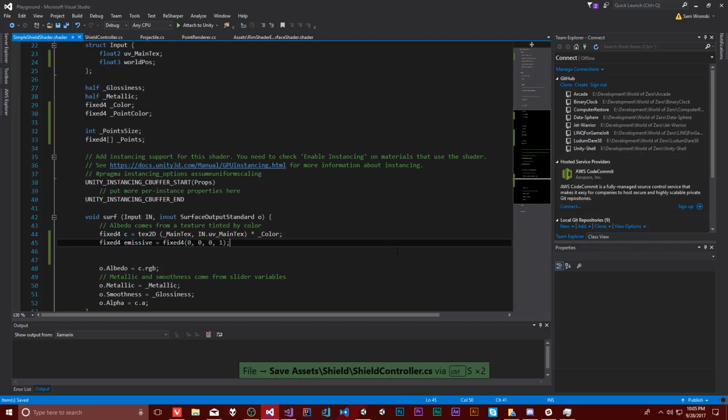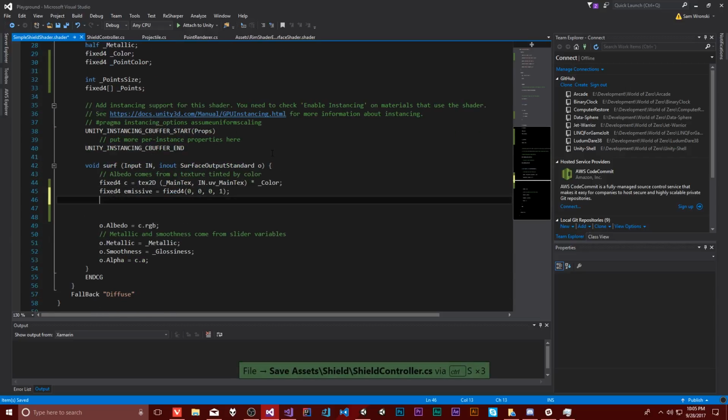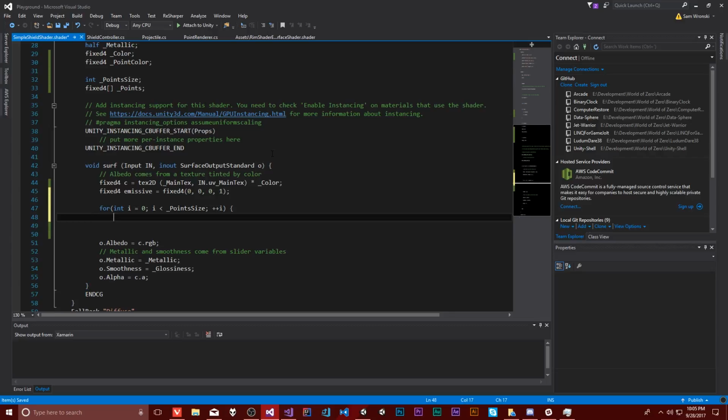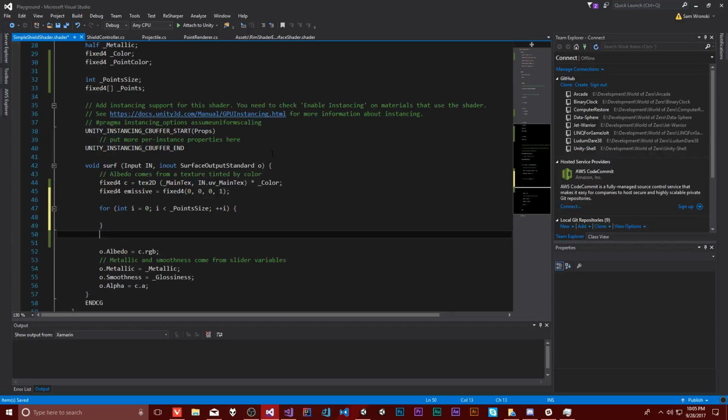So it's just not transparent, but it always is black. So it's not emissive initially, but then we're just going to write a simple for loop. So int i, where i is equal to 0, i is less than our point size, and then we'll just increment i. So standard for loop